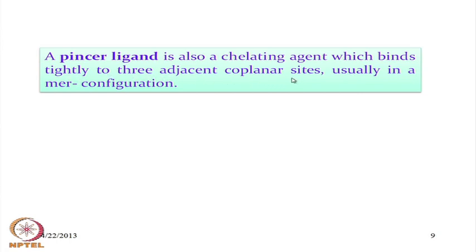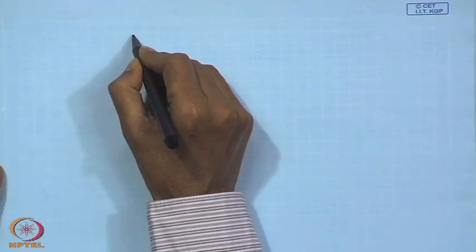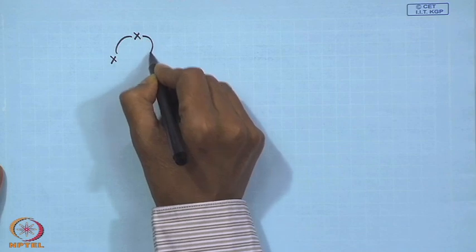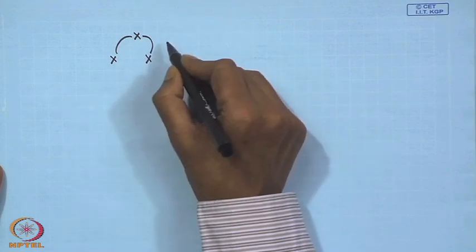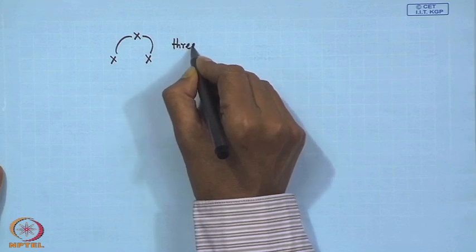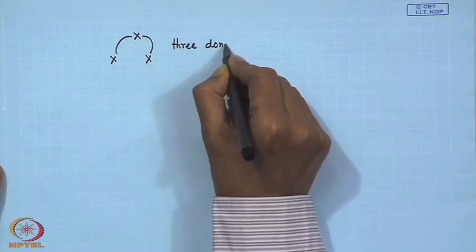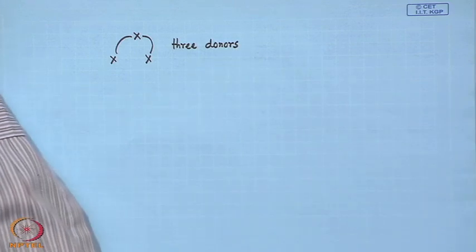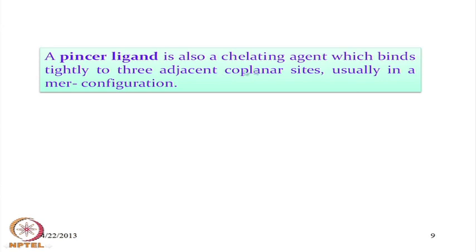So, if we have three adjacent coplanar sites like that of our terpyridine type of ligand, if we have one donor point and another donor point and the third donor point, so three such donors, if they are available,